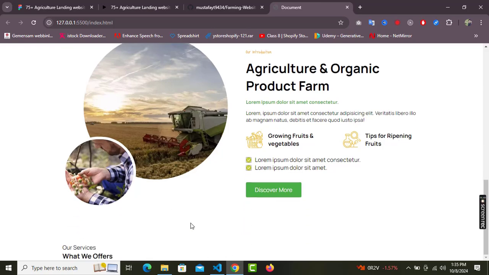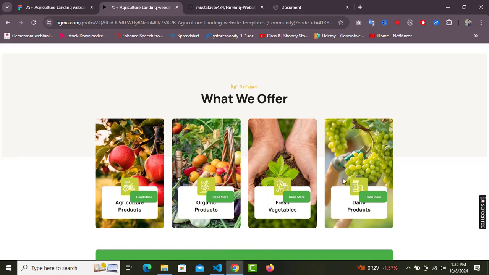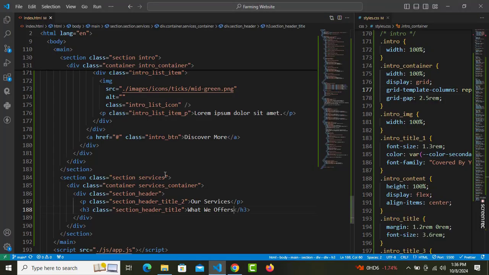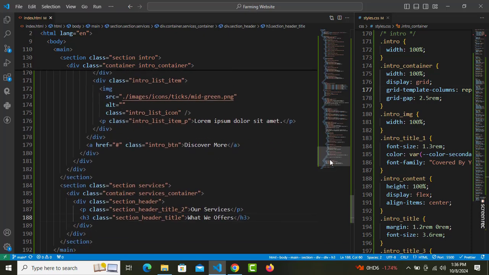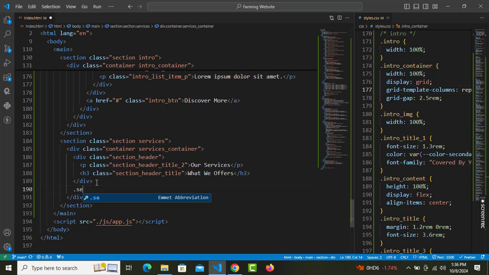You guys can see we have that in here, and we have these cards. These cards are going to be really good. The design is disturbed somehow, like we need this button below this title. Okay, so right after this section header we need dot services underscore row, and inside there we need dot service,